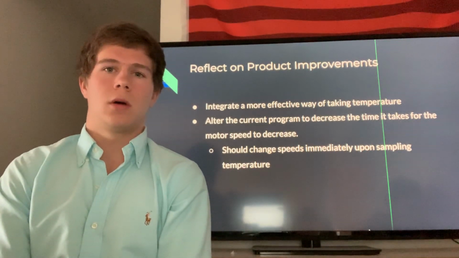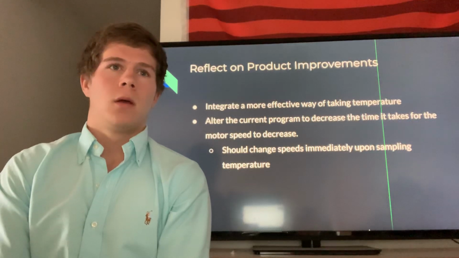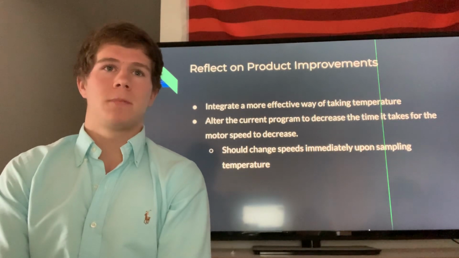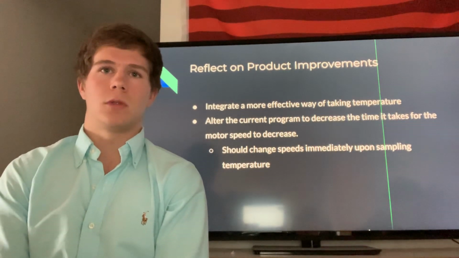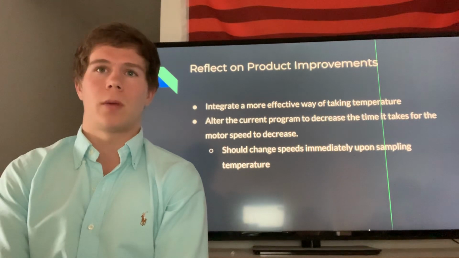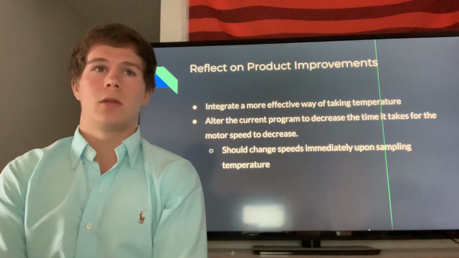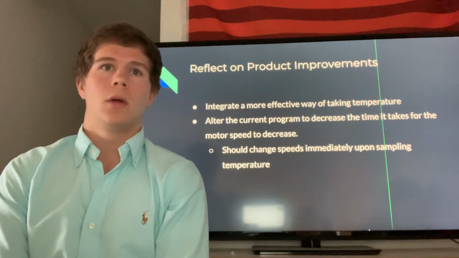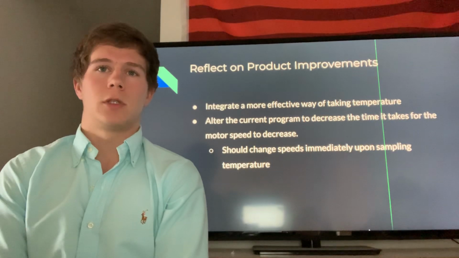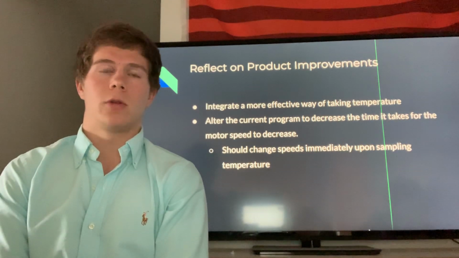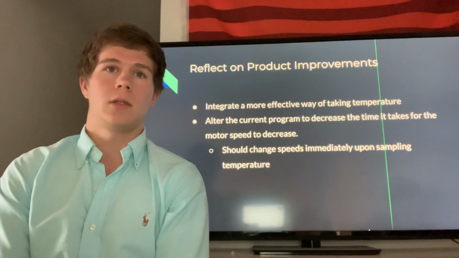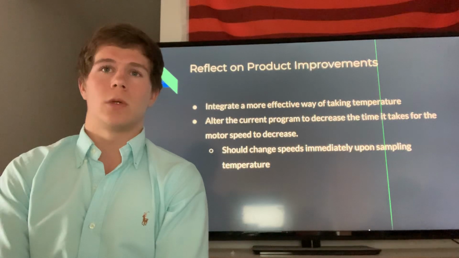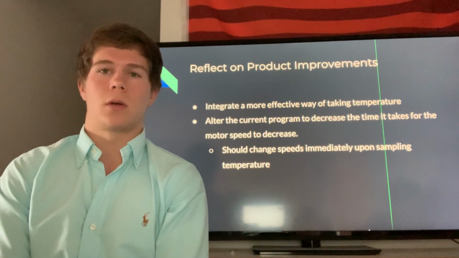For our reflection on our product improvements, we concluded that even though we were unable to change the speed of a fan using our prototype, this was due to lack of time to develop the proper hardware, specifically a way to connect the motor to the dial on the back of the fan to change the speed. Ideally, there would have been a range of fixtures that could connect to a number of different popular fan models. There should also be a casing around the Arduino that exposes the USB Type B port if the customer wants to change the minimum temperature of the Arduino code.